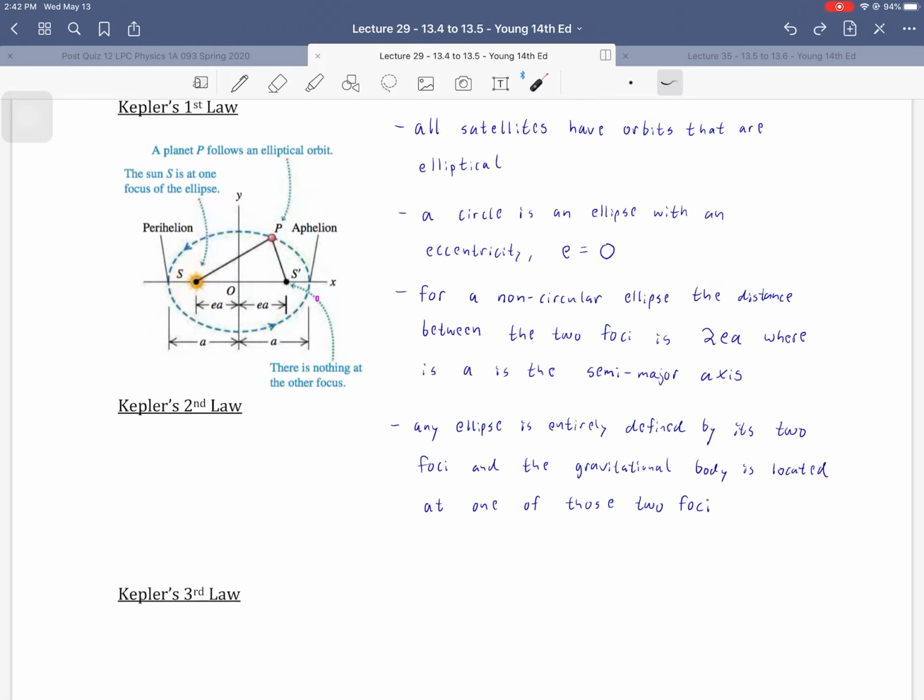Okay? So that's always the case. In this case, we see that the sun is at one of the foci, at one focus of the ellipse. Now, when the eccentricity goes to 0, of course, the two foci, S and S prime, overlap and become one point, the center of the circle. All right, so there's our brief introduction to what an ellipse is, and then information that all satellites are